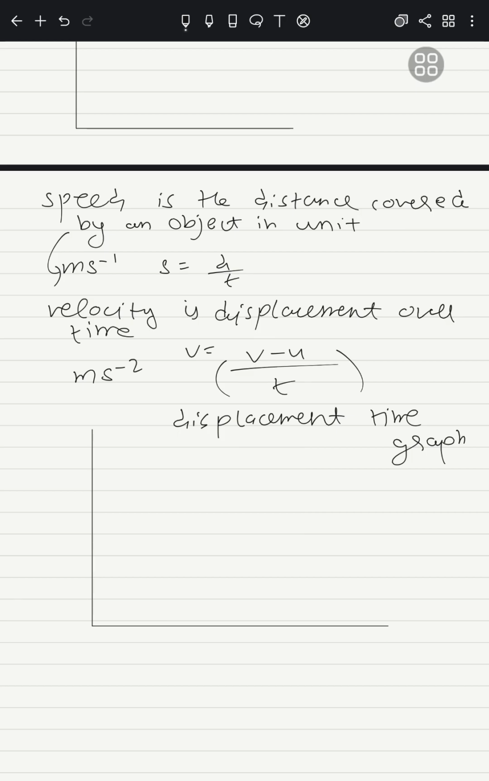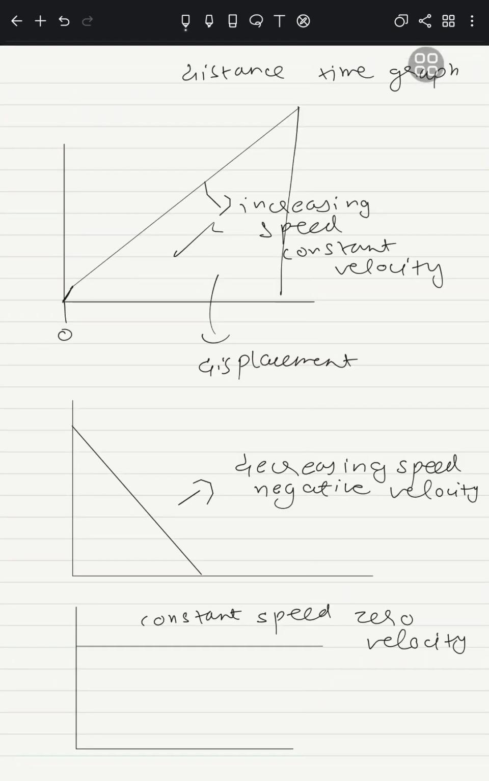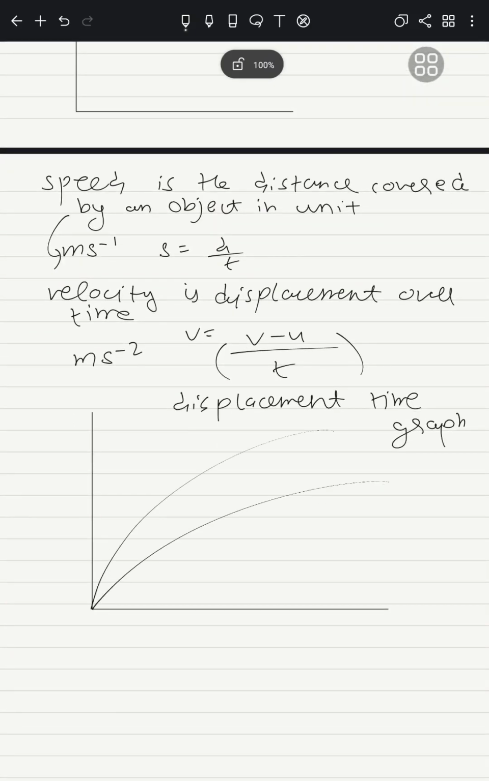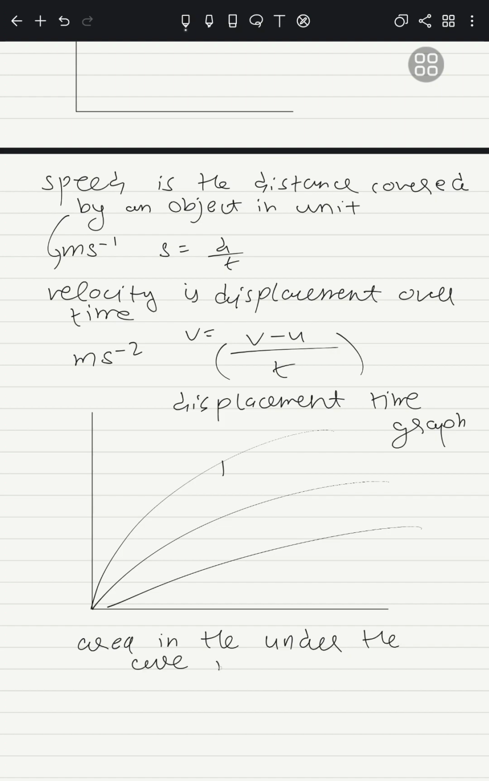So displacement time graphs are a bit different. They are basically like this. The area under this curve is meaningless. It cannot be calculated. Well, maybe you could calculate it with calculus, but that is not for the AS syllabus. Area under curve is meaningless. Increasing velocity, constant acceleration,